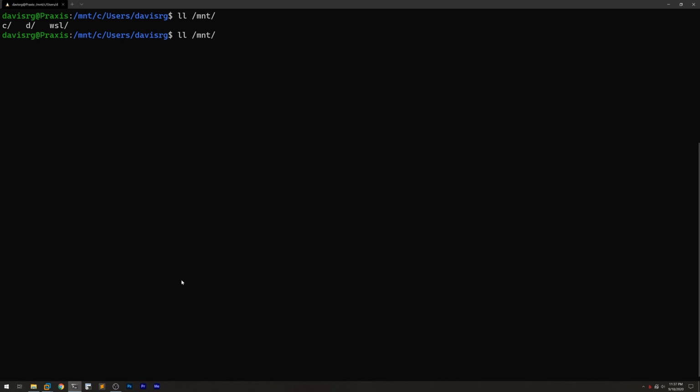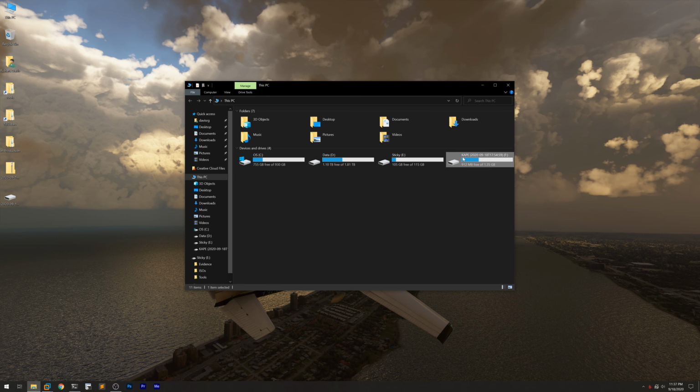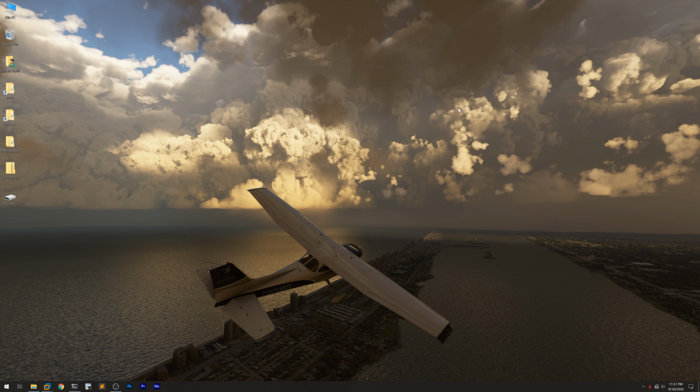Unfortunately, no. As you can see, WSL2 only sees the C and D drives, not the E USB flash drive or the F KAPE VHDX. Neither of those drives are presented. Even if we use another tool like Arsenal Image Mounter, it still will not be presented within WSL2. So what do we do? Well, first off, let's go ahead and go back to the Windows terminal and go back into